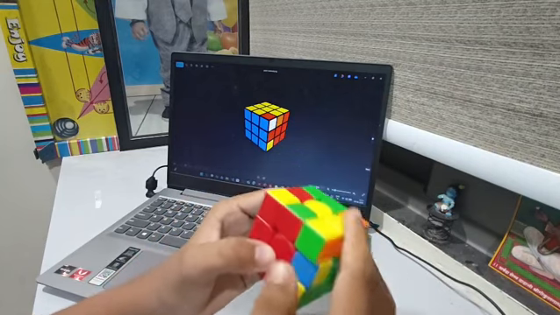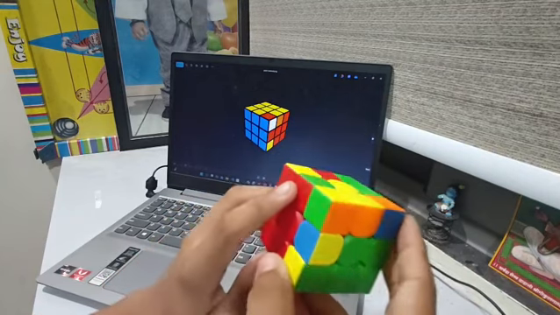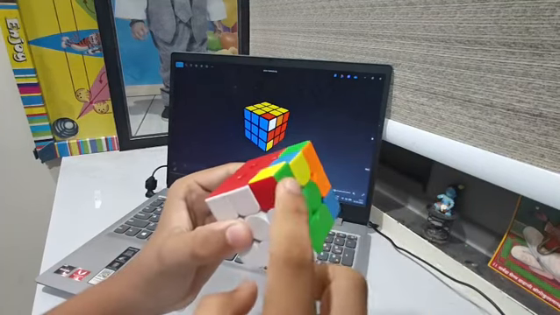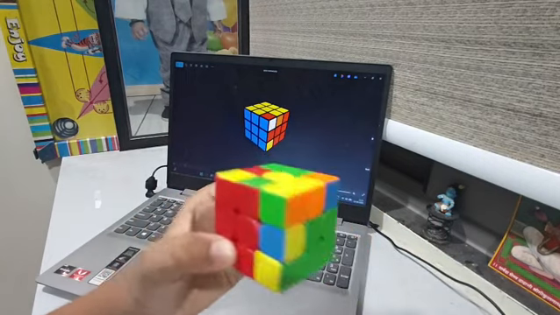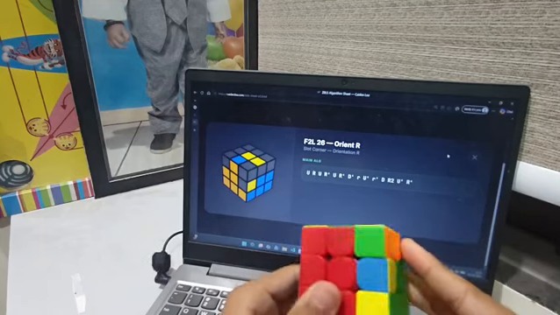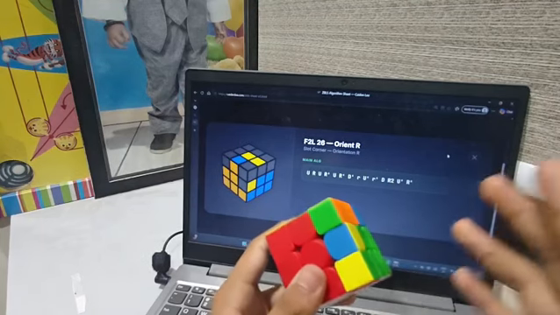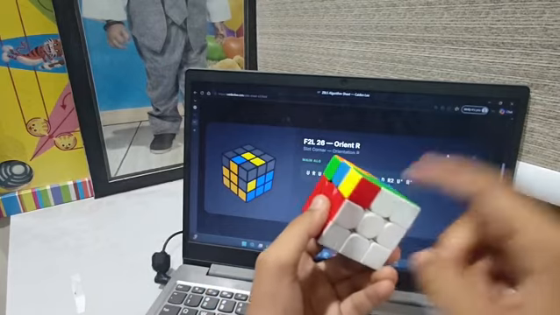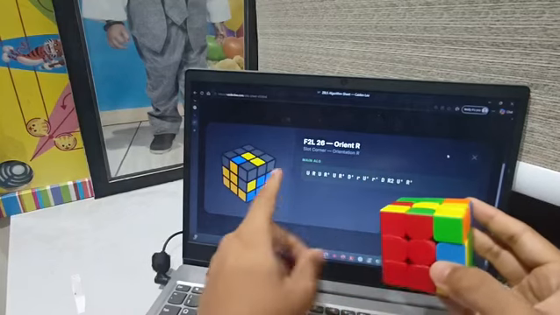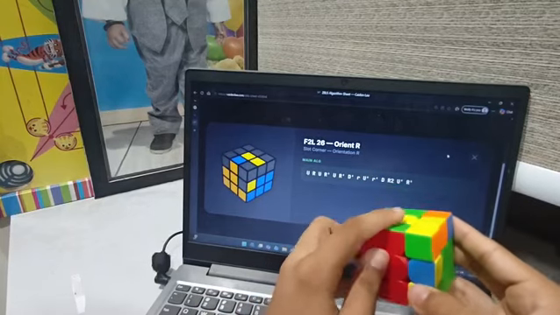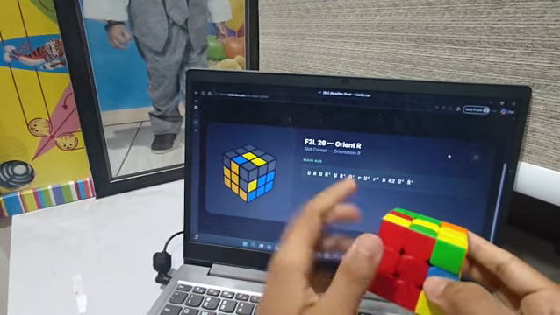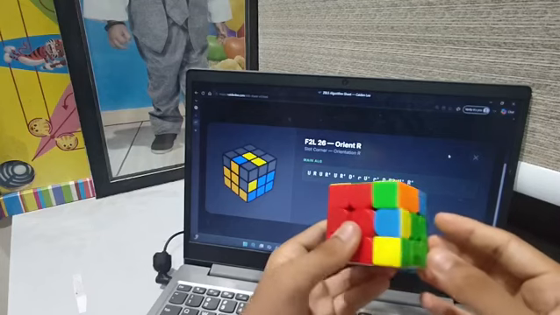So after assuming this corner is solved, we can use ZBLS to insert this here and make a yellow cross, sparing the corner. So let me show you the ZBLL algorithm. So guys, I have got this F2L 26 Orient R case. As a disclaimer, you have to assume that the corner is solved, otherwise it won't work. So we have assumed the corner is solved. So this is the case if the corner is solved. So we will do the following algorithm. Follow this algorithm if you want to, if you have it saved in your cases, otherwise I will do it now.